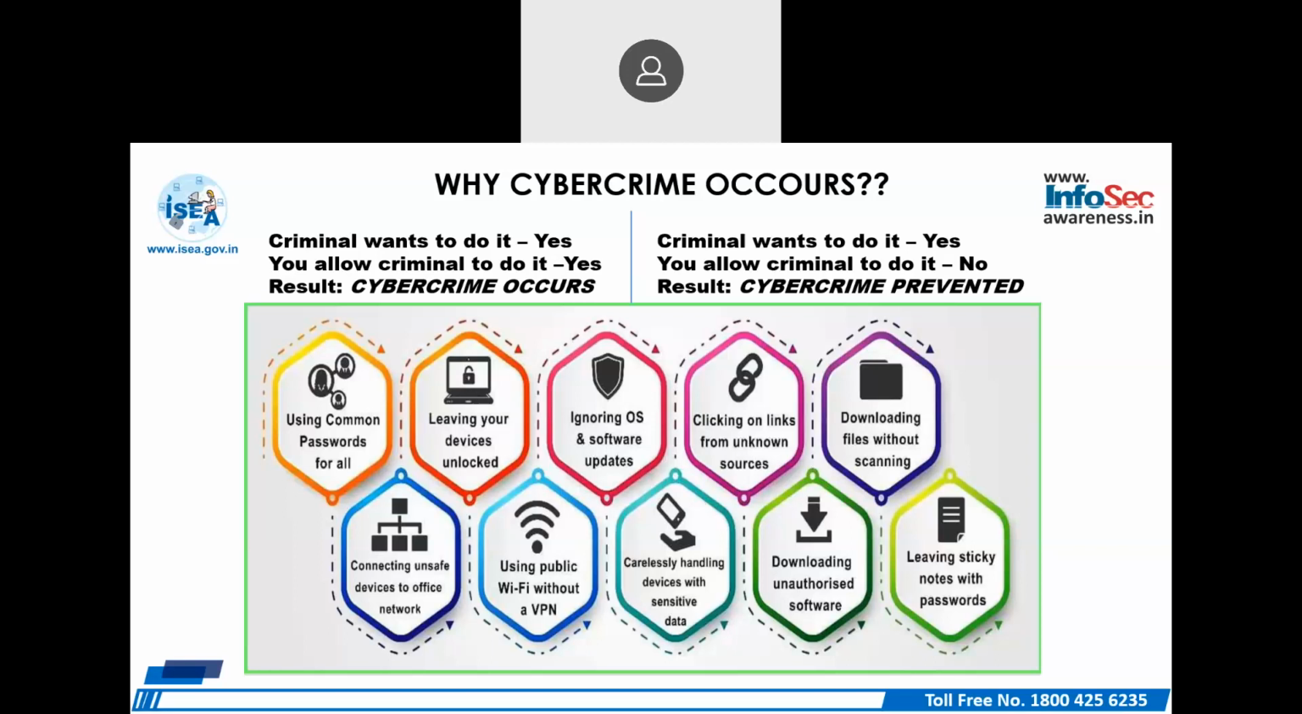The next is clicking on links from unknown sources, a big problem. Sometimes people do not see what they are clicking. They just click. Once they fill the form, once they submit it, then they realize, oh, what was the form, what was it about, because they were busy with some call, or they were in a hurry of catching a metro or train, or they were in a hurry of going somewhere. So no, if you can't read the link, if you can't understand the meaning of the link, do not